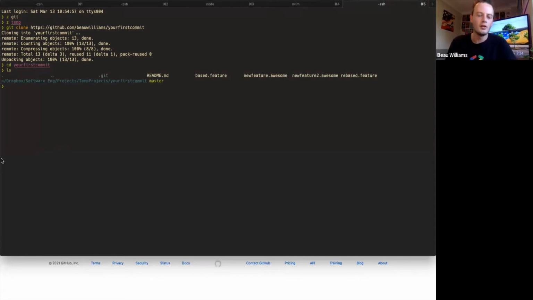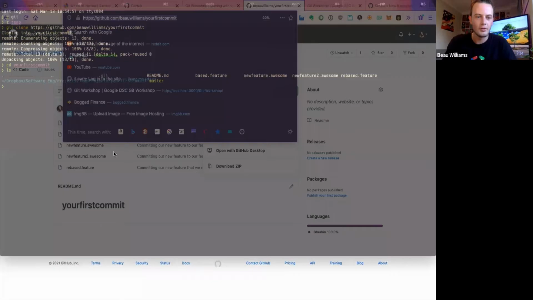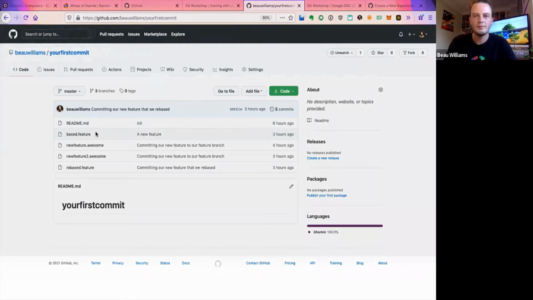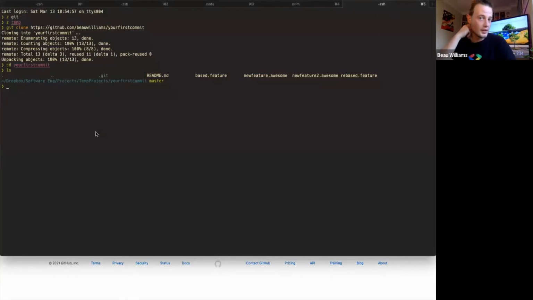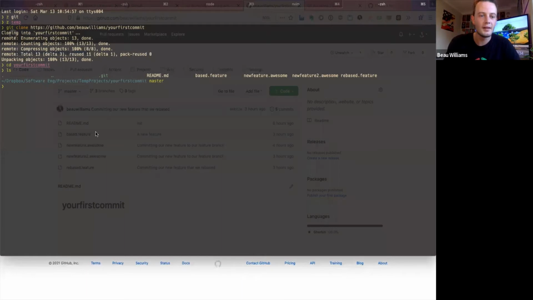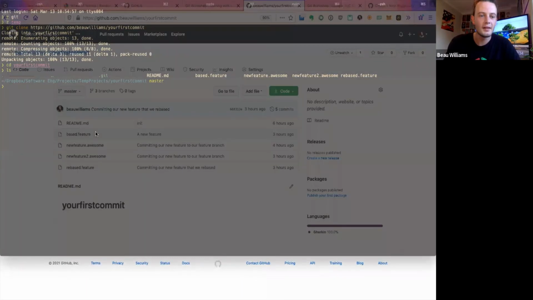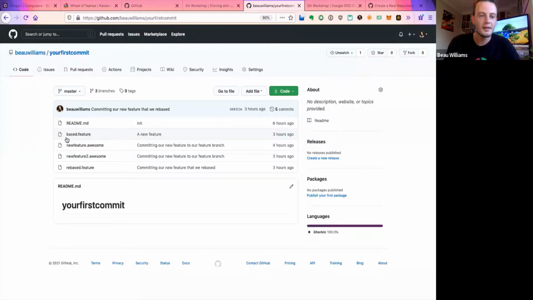We've got a complete full copy of this remote repository on our local machine. Now, the really cool thing is that we can now start working and making changes and then pushing it back up on the fly. And it's a complete full copy on your machine. It's really awesome.